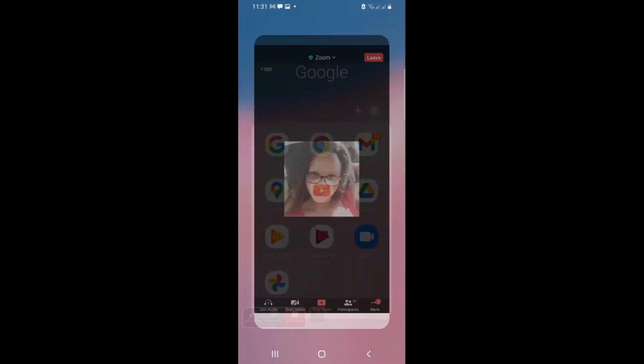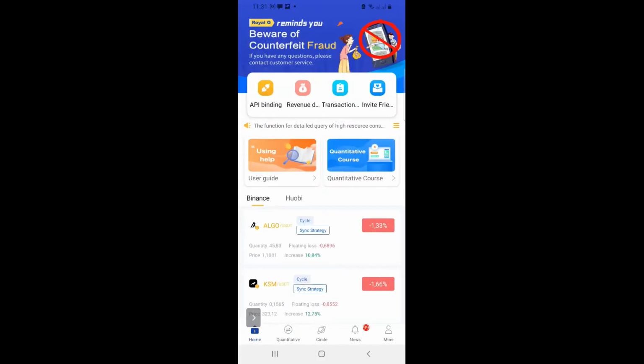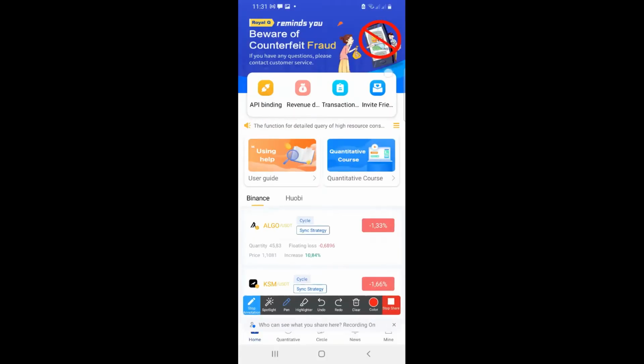Now, I come into my app. I am an existing member. I am already active. And I want to send my code to somebody. Where do I find that? I find that here